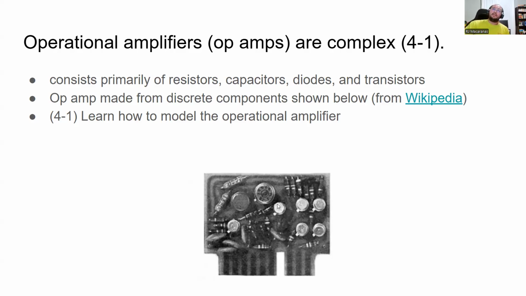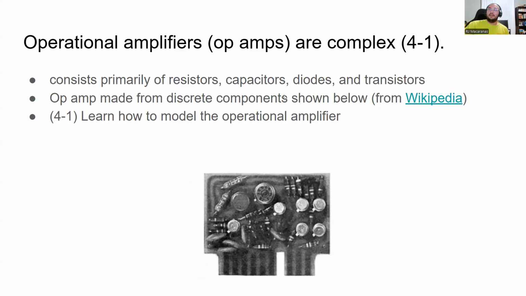But here is the internal structure of a basic op amp if you were to build one just from discrete parts. You can see some resistors, some diodes, and a bunch of transistors. These little metal can things are transistors. So obviously they're very complex,